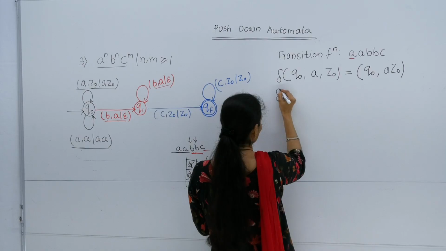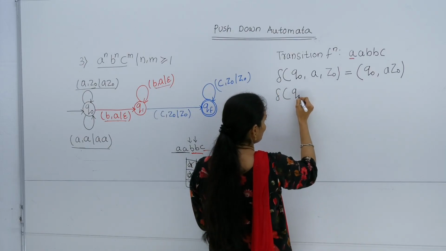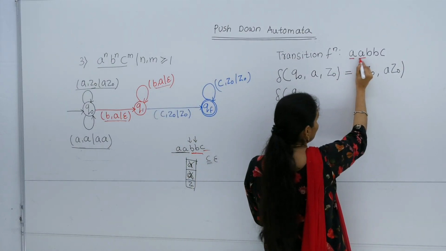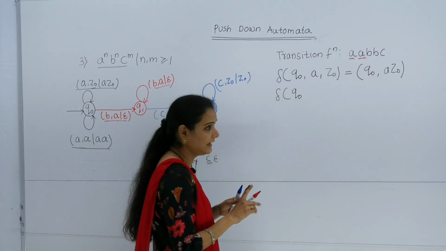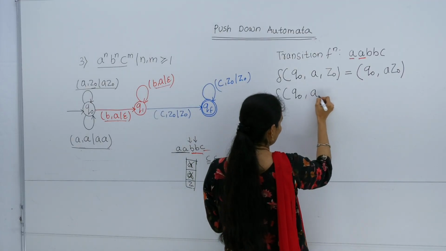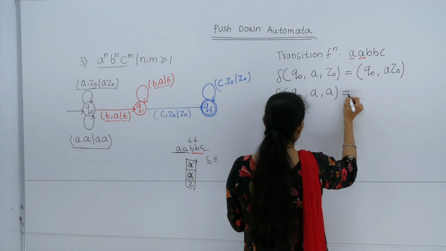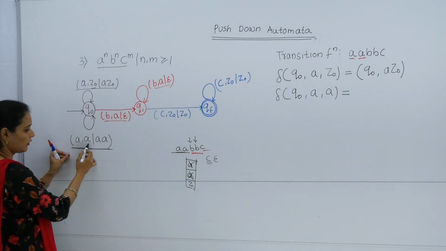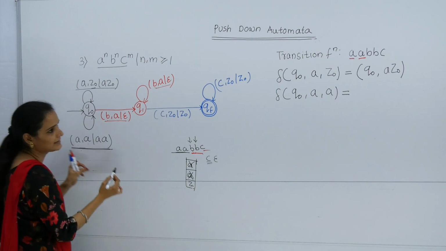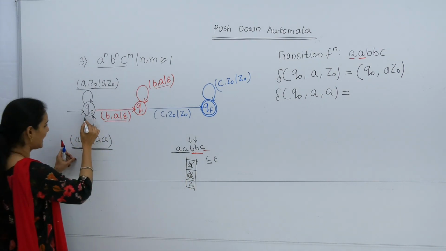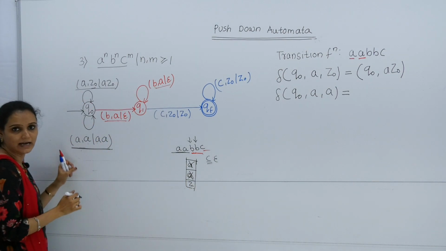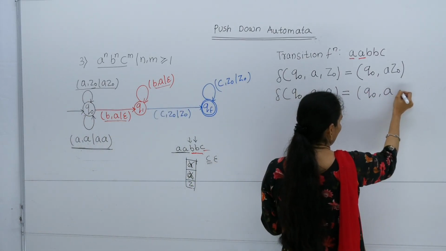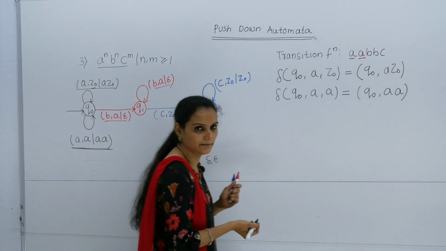Now the current state is Q0, that next state becomes the current state. Our next input symbol is A. So input symbol is A, top of the stack is A. That particular condition we are using. The stack contents look like this, and by reading that particular loop we are now at the Q0 state. So here it is Q0 and the stack contents are A.